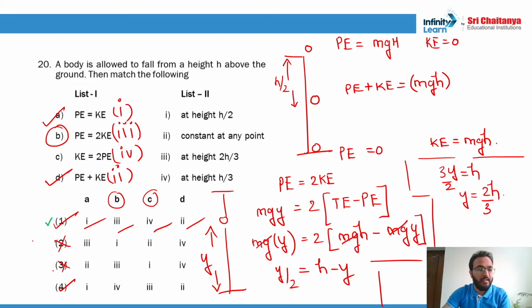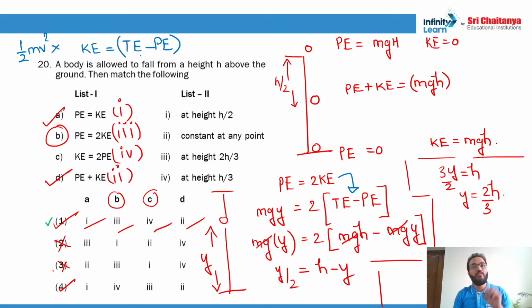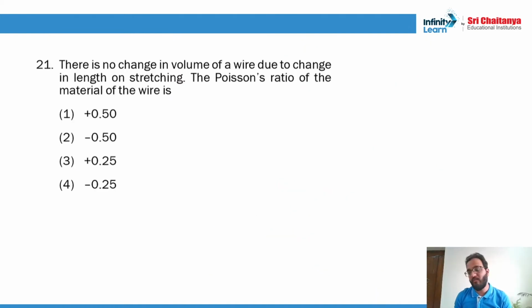Remember this thing. This is the key concept here that you need to use. What is kinetic energy? Total energy minus potential. So here you don't have to use the formula of half mv square for kinetic energy. Don't use this formula. Say kinetic energy is nothing but total energy minus potential energy. In fact, you have to use this logic, because with half mv square the things will not work out. You will not land up with the right answer. Okay, so let's move quickly ahead and do question 21.